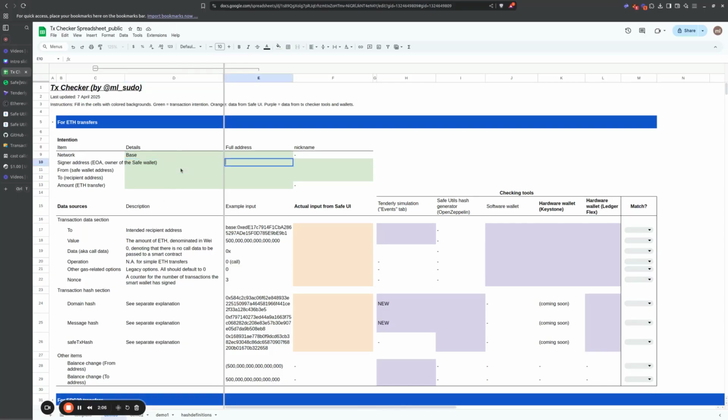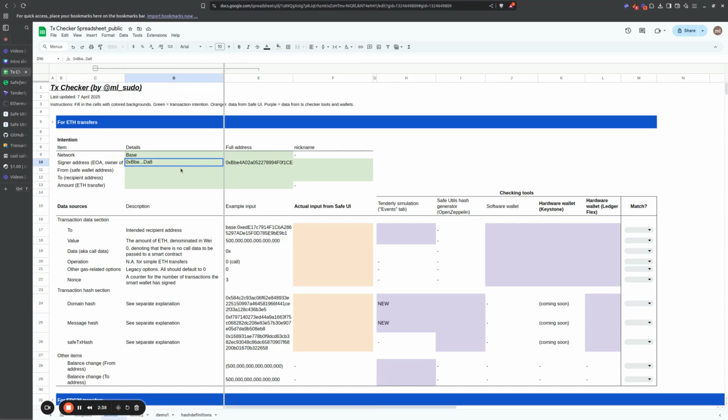I'm going to put the full address on the right and then put the leading digits and the ending digits here. You should really be checking a lot more digits than this. Maybe make it 15 digits in the front, back, and in the middle. If you only check the front and the back 6 digits, you're definitely going to be subject to what we call transaction poisoning attacks, where